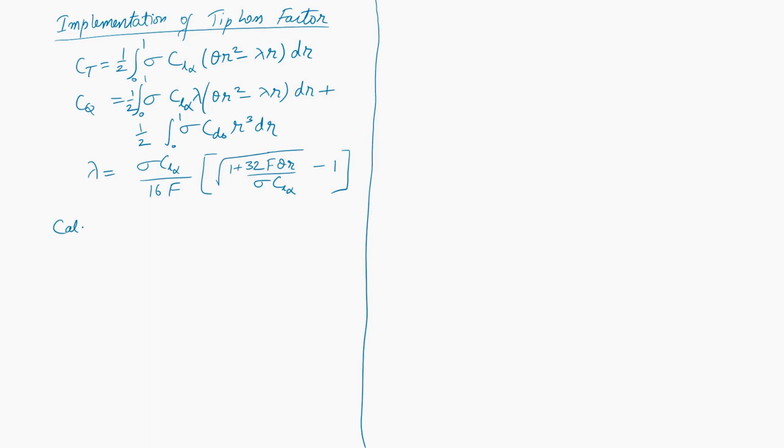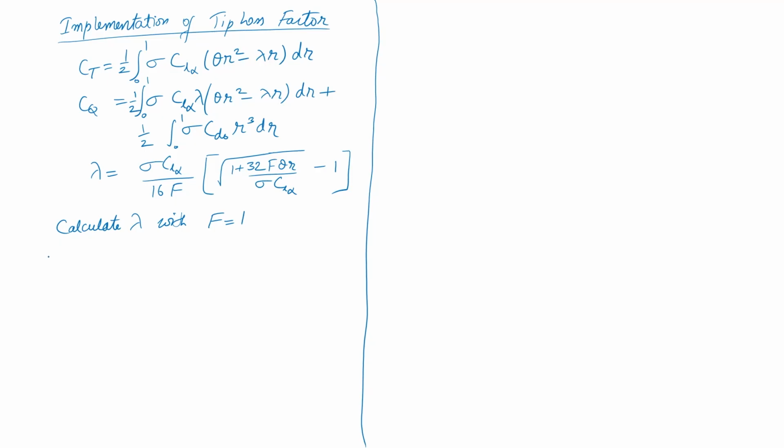So, before we begin, we calculate lambda with F equal to 1, which is fine. I put F equal to 1 everywhere. Note that this capital F is also a function of small r, so it is not just a static or constant parameter. So, this lambda will now become a vector, your dCT is a vector, dCQ is a vector. Once you integrate everything, CT and CQ have single values, but the distributions are vectors, because we will do these evaluations at multiple points on the blade from 0 to 1.